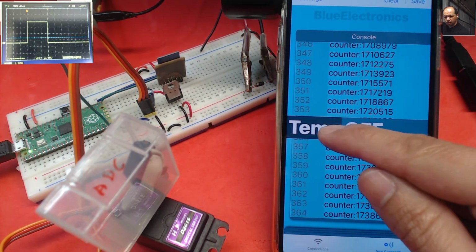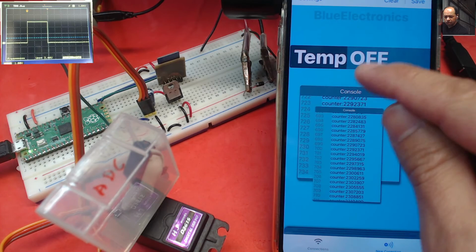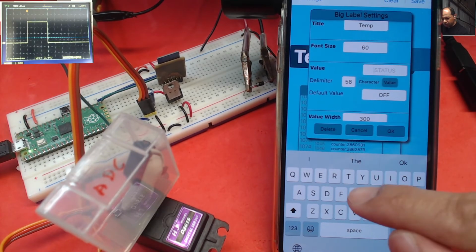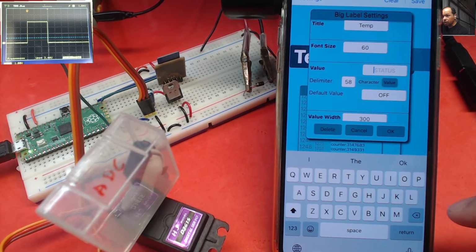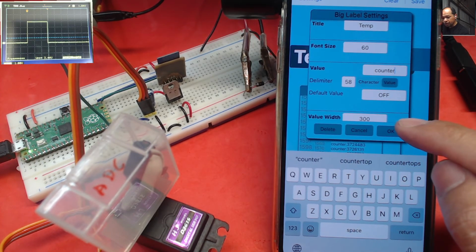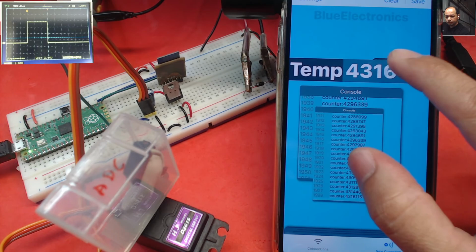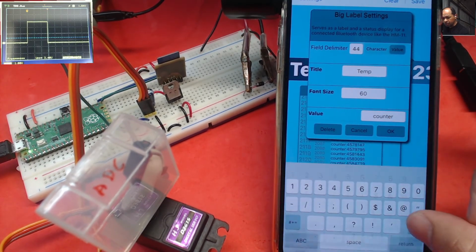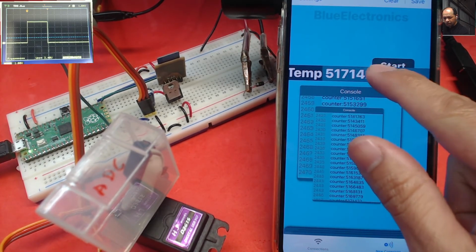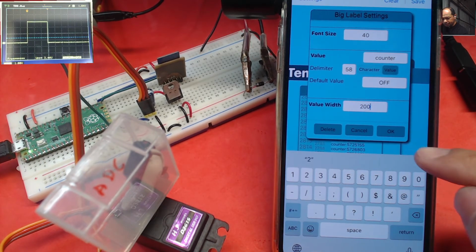Now let's display it on this little label. So let me make this smaller. And let's display it on this label. And we said that the field was going to be named counter, all lowercase. And we'll say OK. And now we're displaying the data. Obviously that's too big, so let's make it a little bit smaller. 40. And the width is way too big as well, so make it 200,